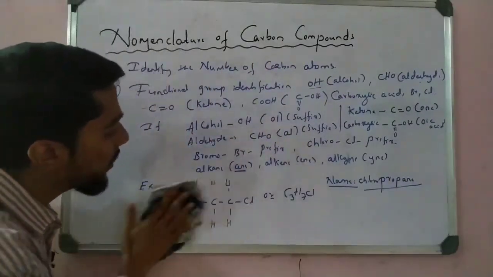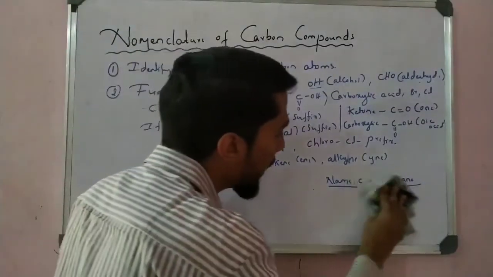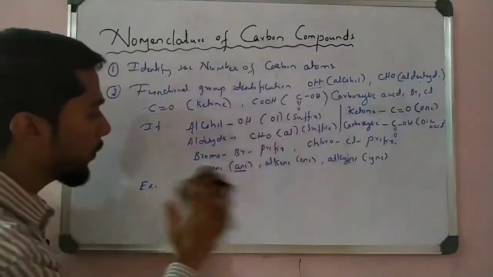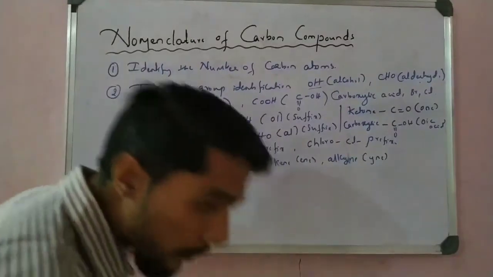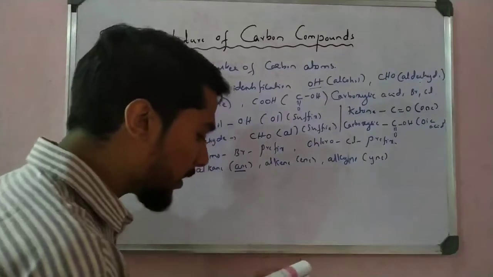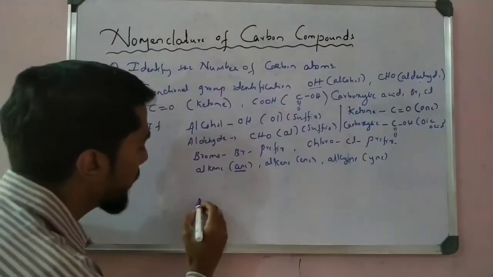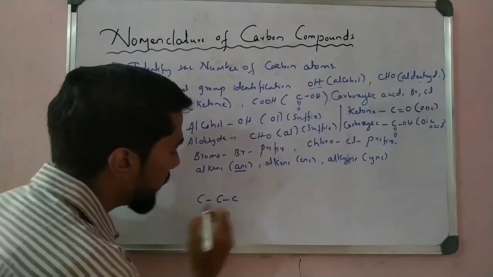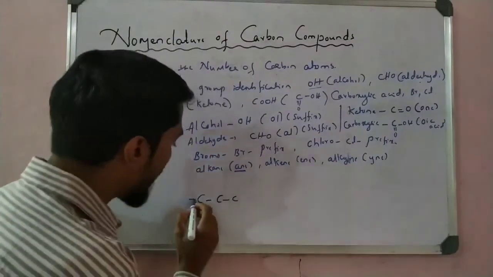So this is the first example for this nomenclature: how we apply all these rules in naming a given compound. Now I take another example. Use these methods or conditions and name the compound. So now let us take another compound. I can make here C and all over H.